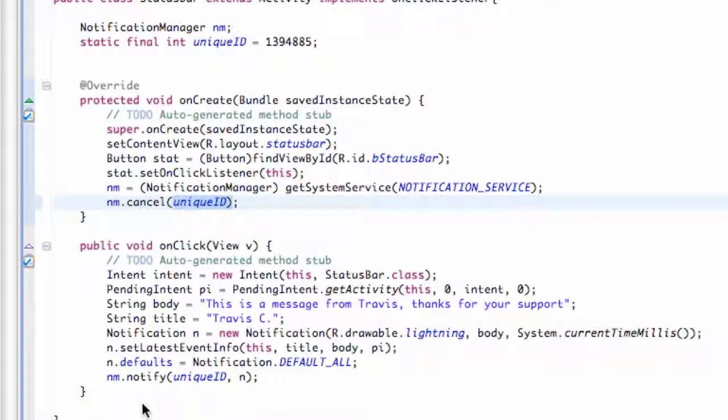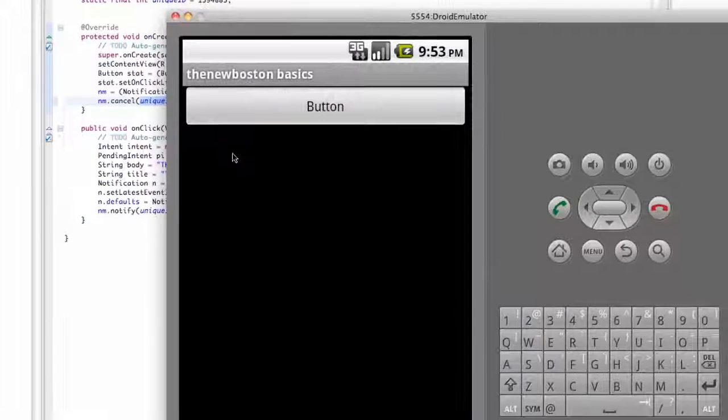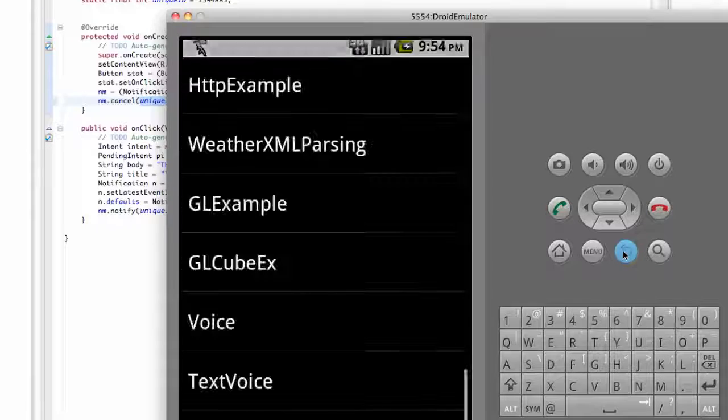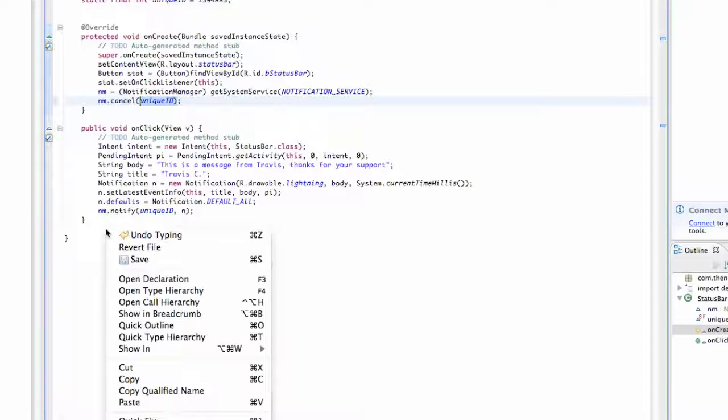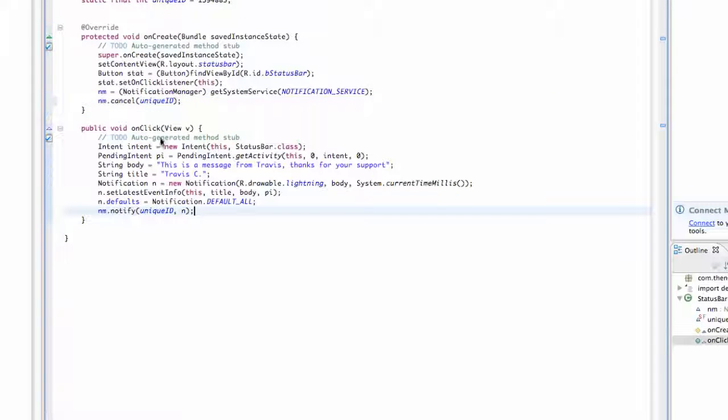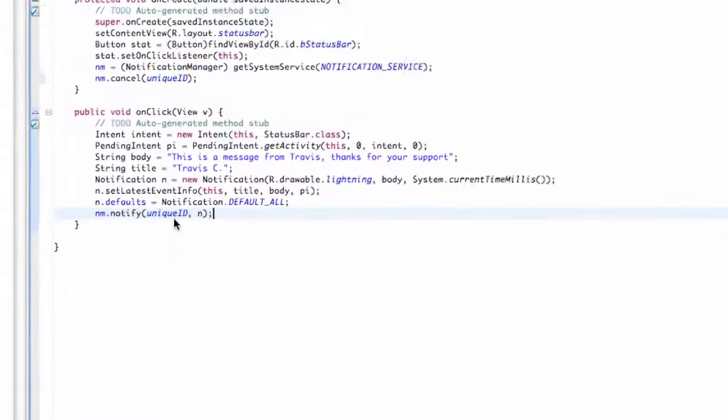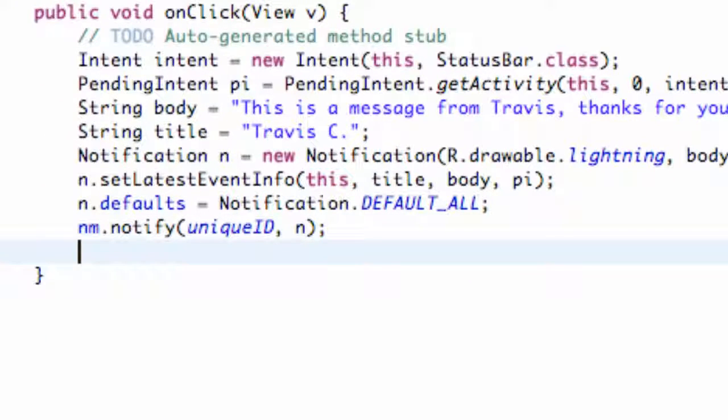And then quickly also, and again, I'm not going to run it, it's still going to be the old running, but just to show you guys another problem we're having: if we hit the button, we get this notification, we hit our notification, it opens up another activity, the same activity, and then once we hit the back button, we have all of these activities open. So again, a quick fix for that, we're just going to say within our onClick method, after we call the notify method, we're just going to say finish,